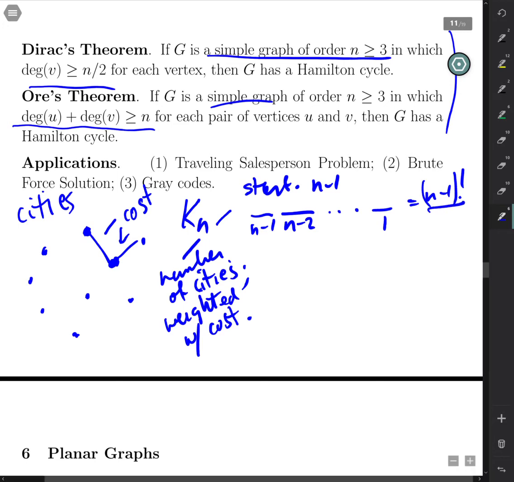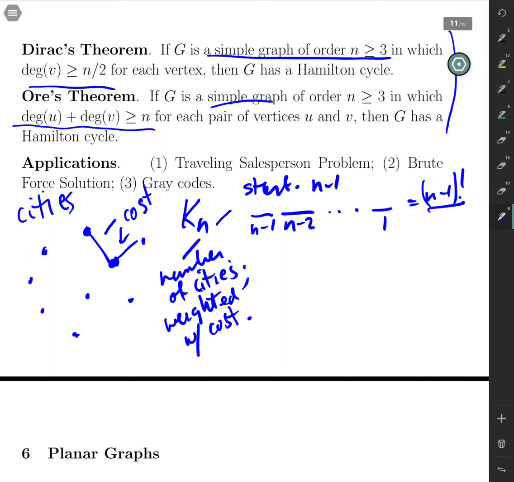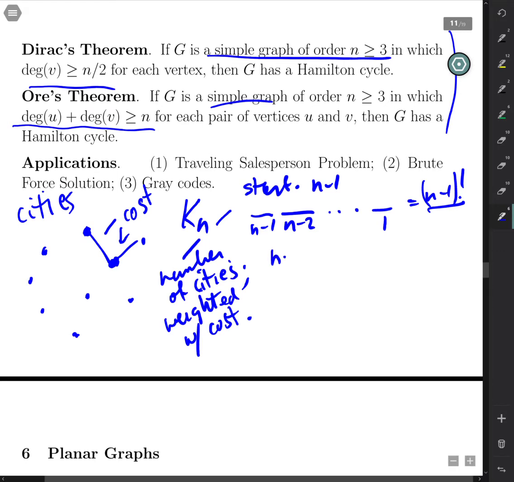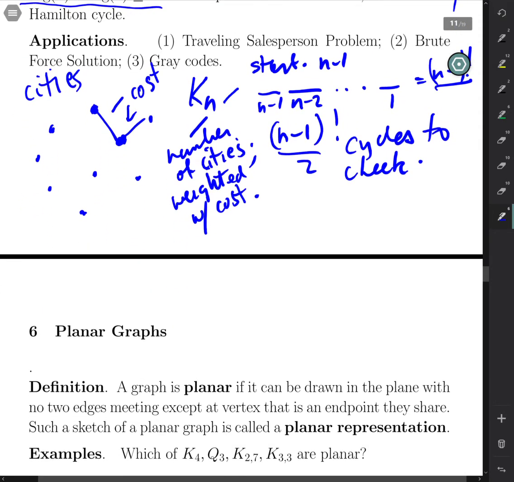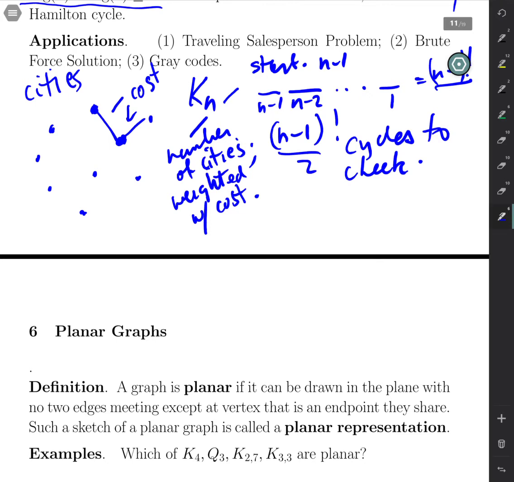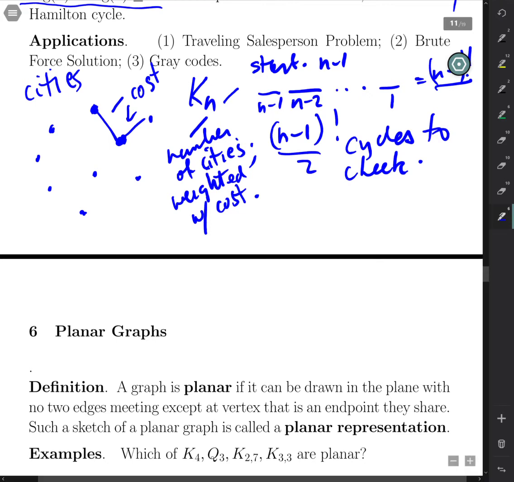Now, the cost is going to be the same no matter which direction you take that cycle. So in fact, you only need to check (n-1)!/2 cycles. So you might say, well, just list them all and check them all. Just find out how many there are, add them all up, put them in your computer, bing. Well, if n is 25,